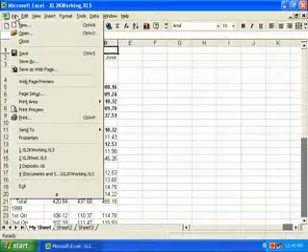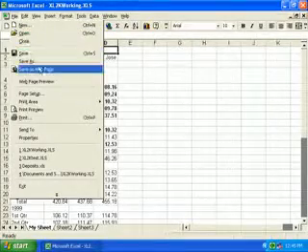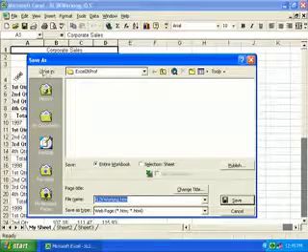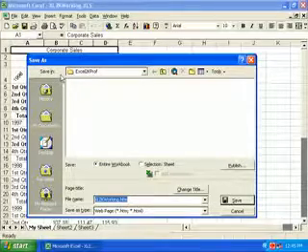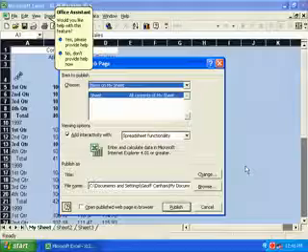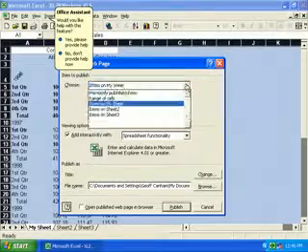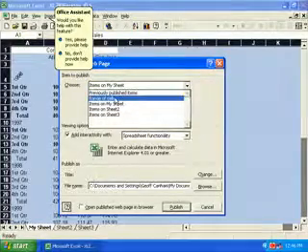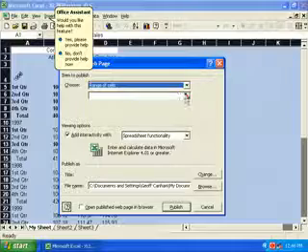Okay, let's do something fancy. Let's go to the File menu and Save As Web Page. And let's check the Selection Sheet radio button, and then the checkbox for Add Interactivity, and then click the Publish button. And from the Choose drop list, let's select Range of Cells, and then click the Collapse button,